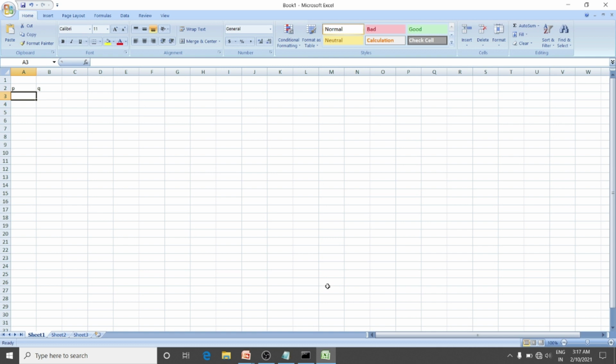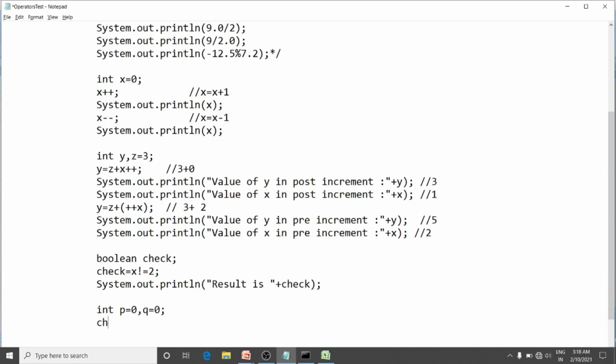For two conditions 4 possible values are true and true, both are true. One operand is true, another one is false, or it can be false, true. Both operands can be false even. If I am going for AND combination, so here we will see this thing, check equal to P is equal to 0 and you have to use 2 ampersand signs to get the AND operator.